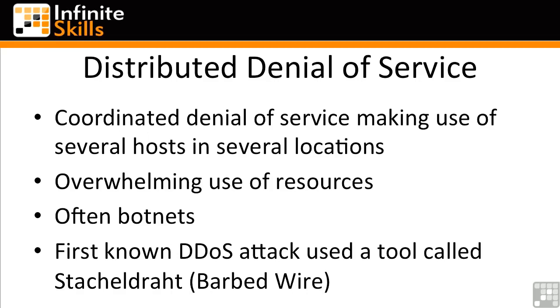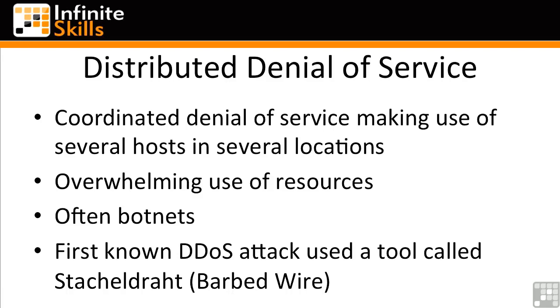The first known DDoS attack used a tool called Stacheldraht, which is German for barbed wire. Stacheldraht came out of some work that a guy by the name of Mixter was doing in 1999. He wrote a proof of concept piece of code called TFN, which was the Tribe Flood Network. The Tribe Flood Network was then turned into something called Trinoo, and Trinoo was used as more or less the basis for this program called Stacheldraht, which was then used to attack servers like eBay and Yahoo back in February